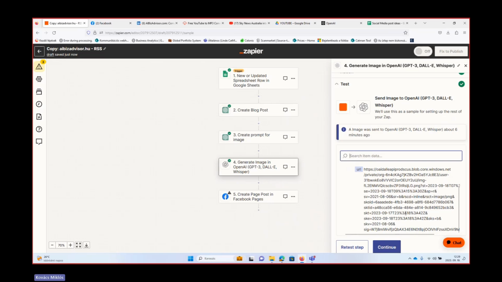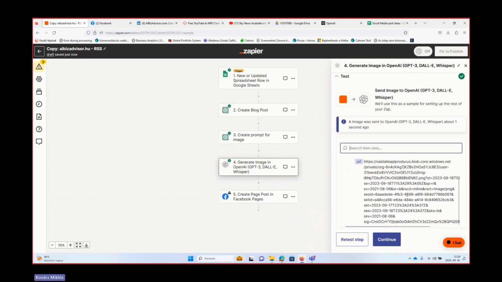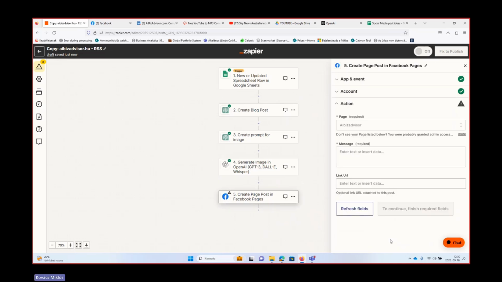Okay, cool. So the image is done. Then we can jump to the next step.